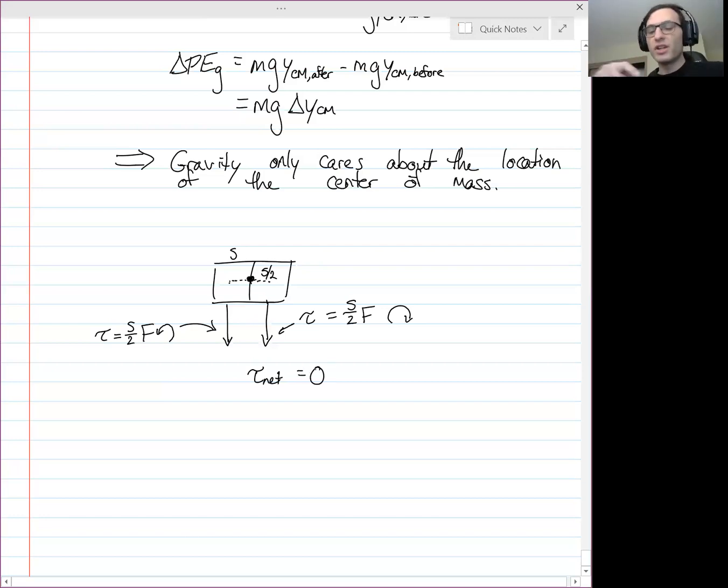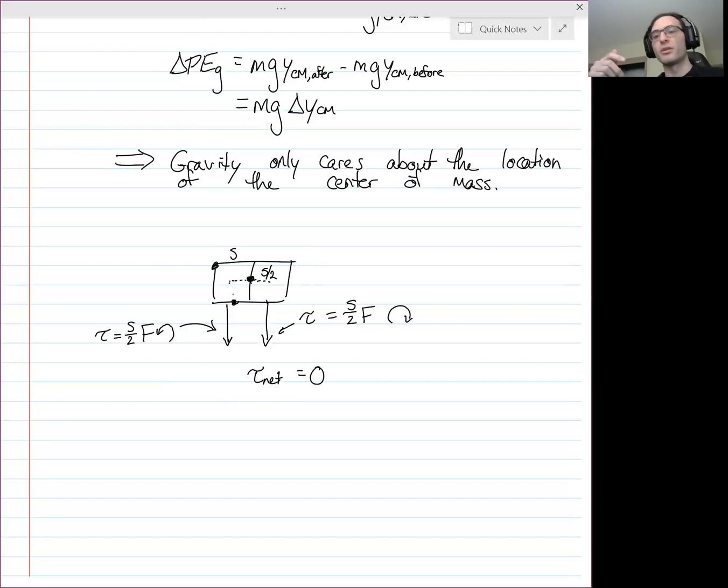And in fact, even if you had chosen some other non-obvious pivot point, like maybe a point over here or a point down here or whatever, you'll always find that the net torque due to the gravitational force is 0. I mean, that's a feature of gravity. That's because the gravitational force always acts from the center of mass. So you could do this calculation all day, and you could figure out